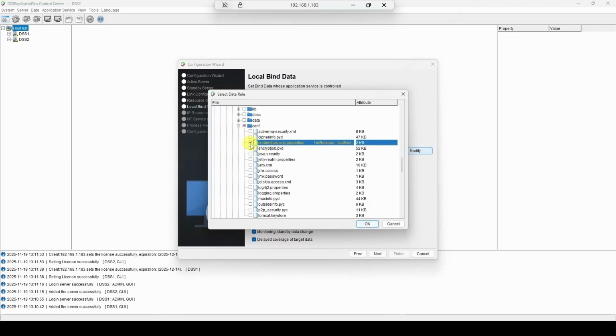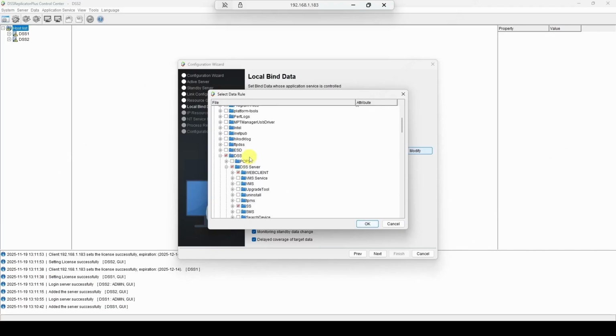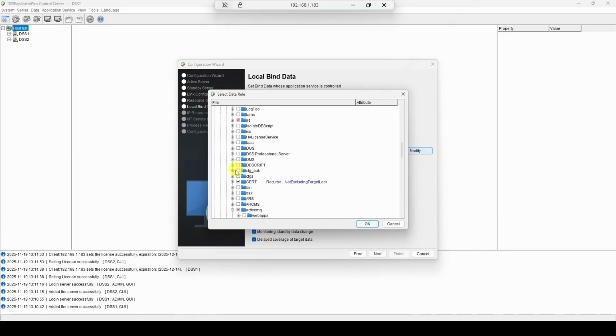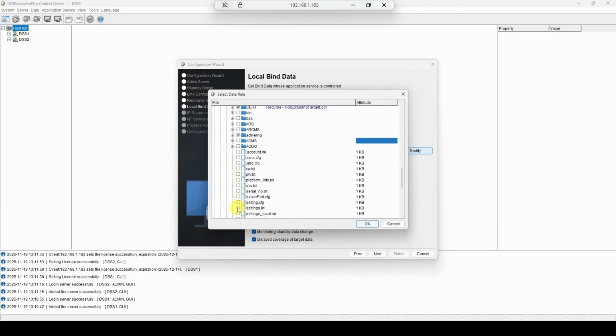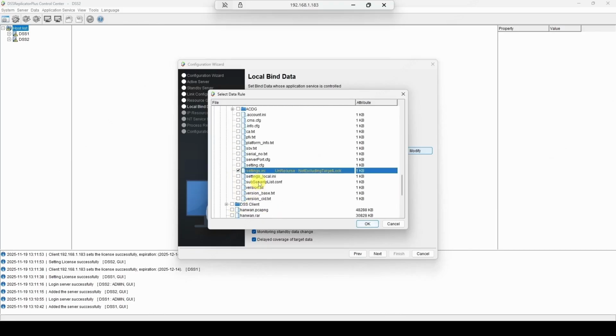And for platform settings we will go under DSS server and select settings.ini. So it's here, this one, then info.cfg, this one, then cms.cfg, this one, account.ini, this one,